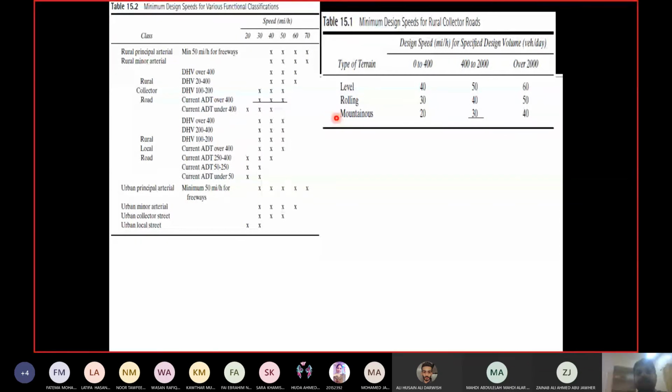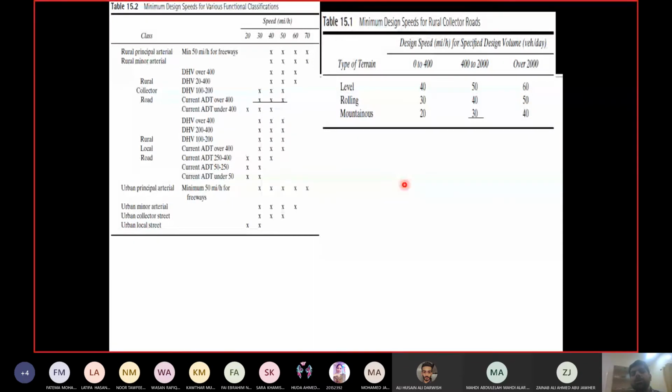But since it is a mountainous area, mountainous areas usually have a problem when you try to give high speed. So I will try to go for the lowest value, which is 30 miles per hour. Okay, so you have to think about these things. You are not only considering one thing. In mountainous areas, I will try to give the lowest from the range. I have a range here, 30 to 50. I will try to give the lowest, which is 30. Why? Because it's a mountainous area.